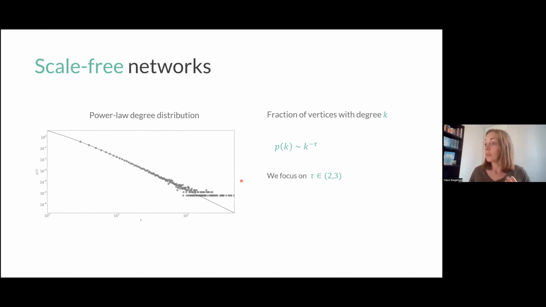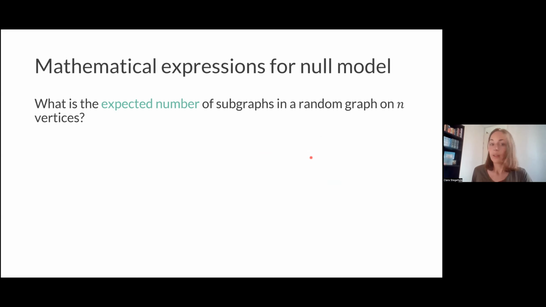But still, you see in many networks that there are a lot of nodes with very low degree, but also usually a few with very high degree. One way to model this is to assume that the degree distribution follows some power law, so that the probability that your degree is k scales as k to the power minus tau. Now,